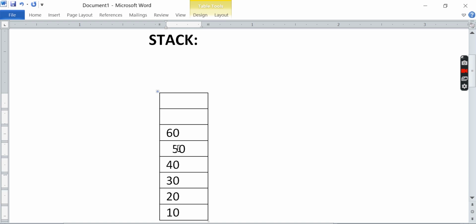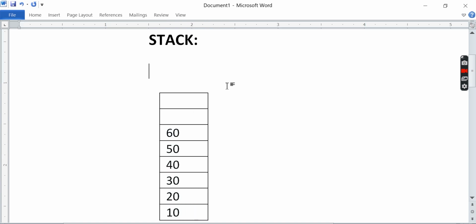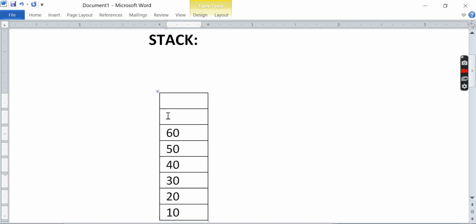So now if you see, all these elements are entering through one open end, and they are stored like that, right? If you want to insert another element, you have to put it like this. But if the stack is full, then you cannot enter any other element.